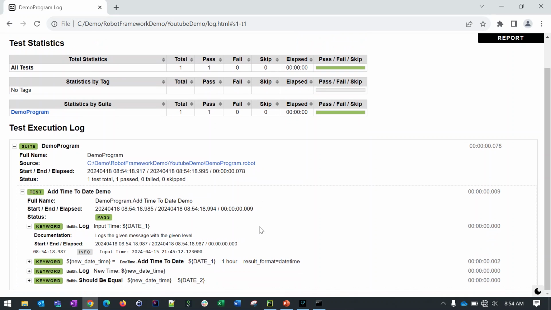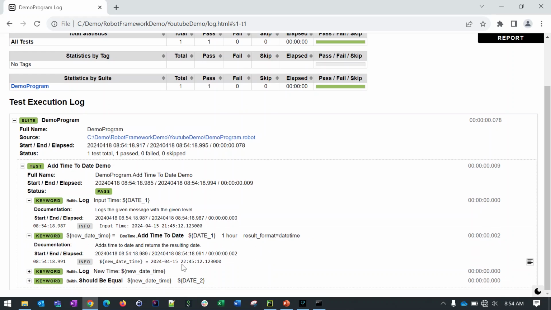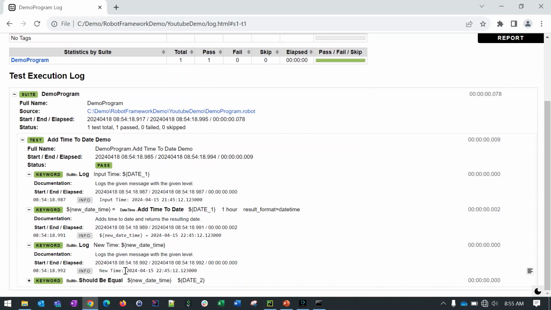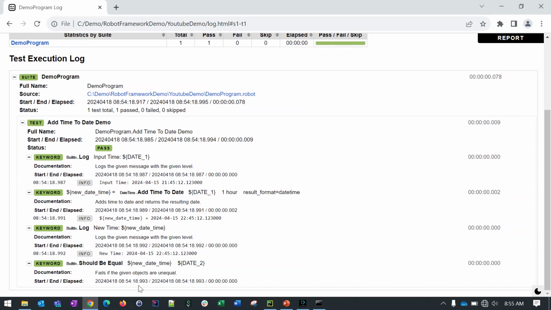Once I put it, you can see year and hours are there. Then in this date I have added 1 hour extra, so the 21 should be 22. As you can see, it is 22, same date. I am logging the new date also. Then afterward I am asserting that the date plus 1 hour is equal to the new date, that is correct,